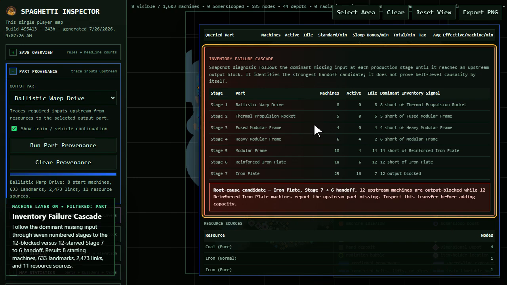Inventory failure cascade turns this snapshot into a stage-by-stage diagnostic. Follow the dominant missing input from Ballistic Warp Drive through thermal propulsion rocket and each upstream stage. Here, 12 iron plate machines are output blocked, while 12 reinforced iron plate machines report iron plate missing. So the pane marks stage 7 to 6 as the strongest root cause candidate, not as proof of belt level